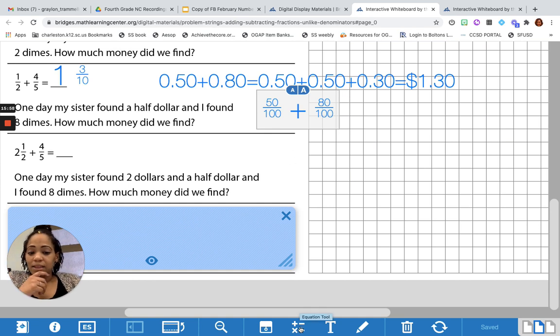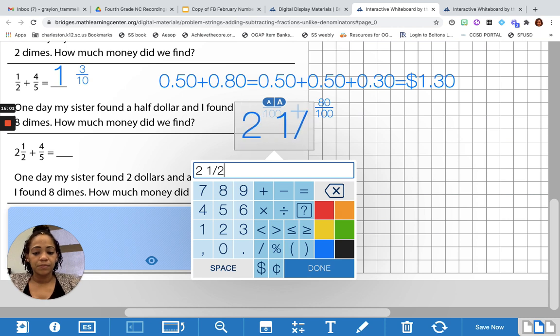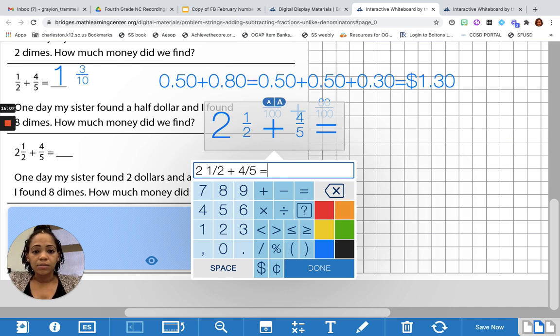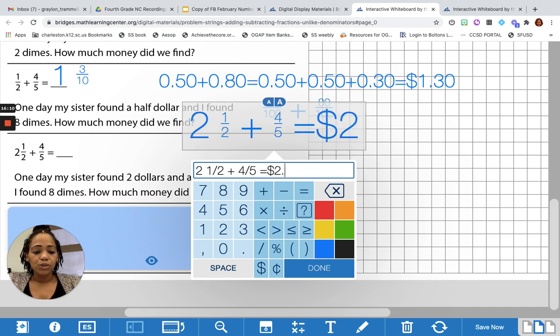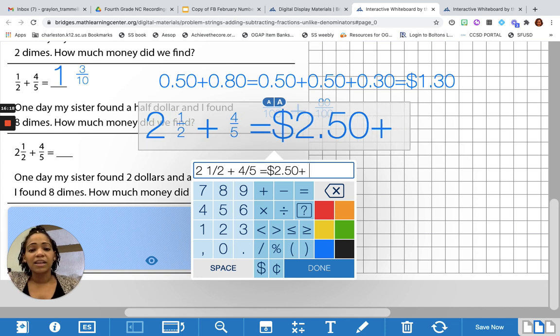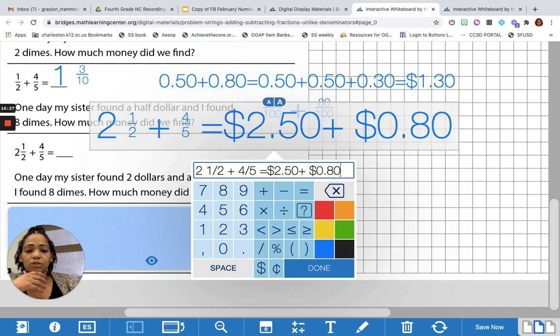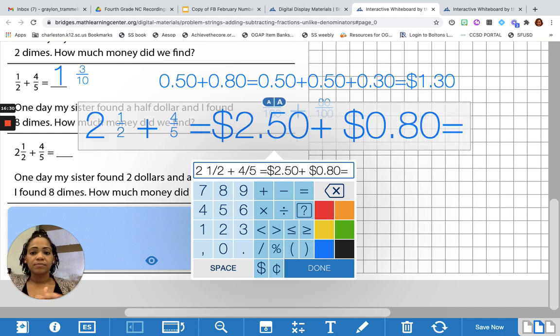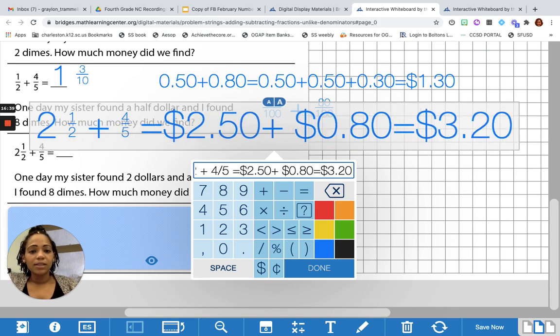2 1/2 is the same thing as saying what? Well, it says it in the problem, it's $2. So I'm going to write that. It's the same thing as saying $2 and 50 cents. So it says she found $2 and a half. Okay? And then I found 8 dimes, and 8 dimes is worth 80 cents. So what's $2.50 plus 80 cents? It is $3 and